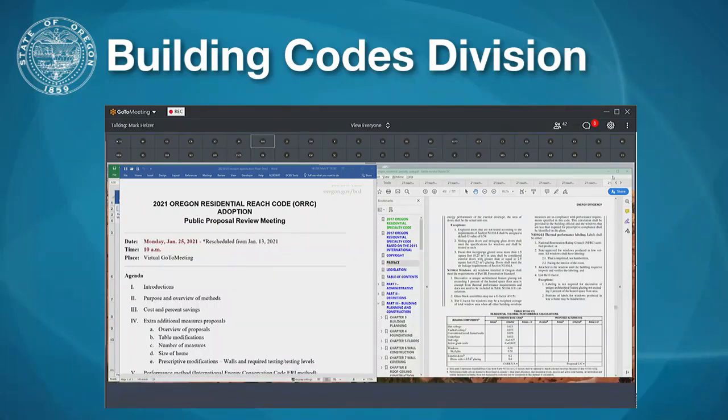Okay, great. Well, thank you, everybody. I'd like to jump in quickly here and go through. Again, the purpose of today's meeting is really to get a first public overview of the proposals that have come in as options for the 2021 REACH code. We have received several groups of proposals from, I think, up to 8 organizations.